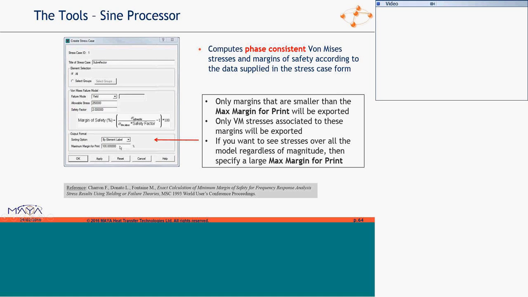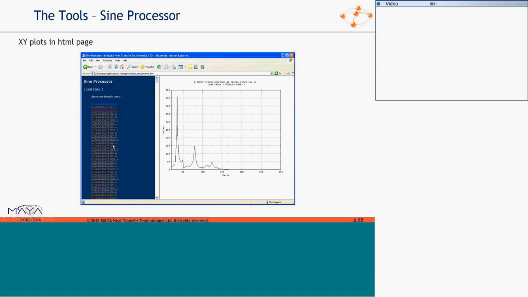Make that a million or 10 million. That's a legacy thing. In the past, it was hard to read a lot of data, and the processor had a tough time processing it. Not the case anymore. Your von Mises stresses and your margins of safety only for margins that are lower than this cutoff here.